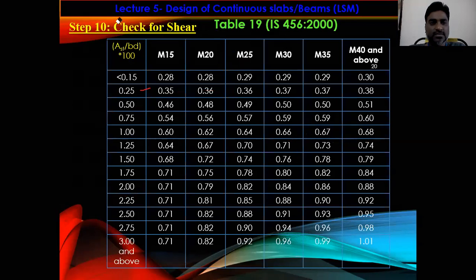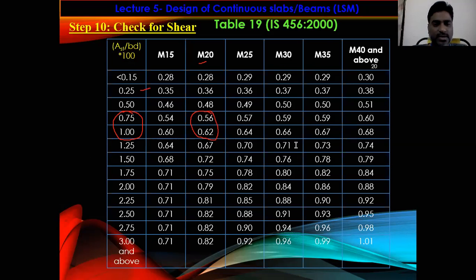Right? So based upon this value, from table 19 as per IS 456-2000, we should calculate the tau C value. How much I got? 0.787, right? So 0.787 is between these two percentage values, and my grade is M20, so corresponding. Right. So you need to interpolate to get the value corresponding to 0.787.